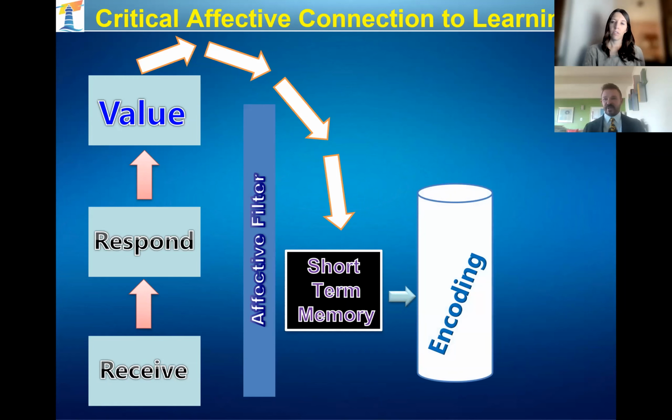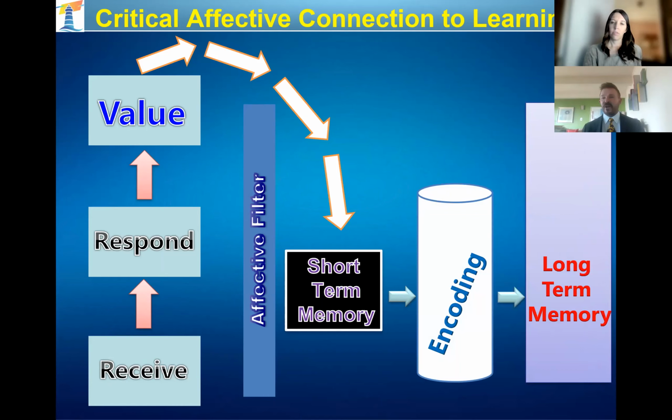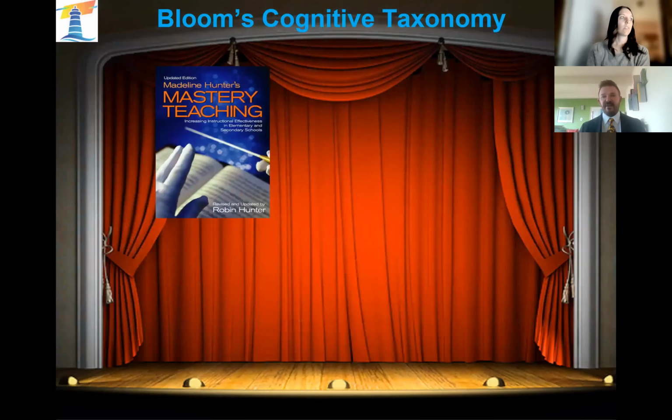We have to rehearse, we have to encode. Here's all these levels of cognitive rigor that are happening during the encoding process. And finally, it gets to long-term memory, where it then becomes malleable and connected to all these other pieces of information that are prioritized. If this is the case for learning, then what has to happen in terms of rigor